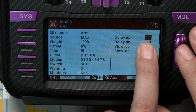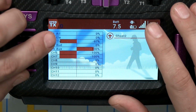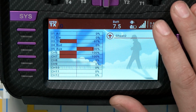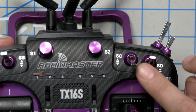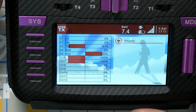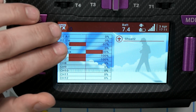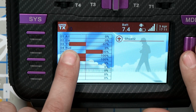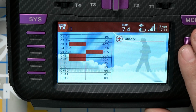So watch. For me, it's delay up, and what you're going to see is, watch the throttle and the aux channel here. So I'm going to take the idle up switch and put it in the idle up position, and then I'm going to arm, and we want to make sure that the quadcopter does not arm itself and raise the throttle. What you're going to see is that the throttle channel is going to move first, and then the aux channel is going to move. It's a very small delay, but